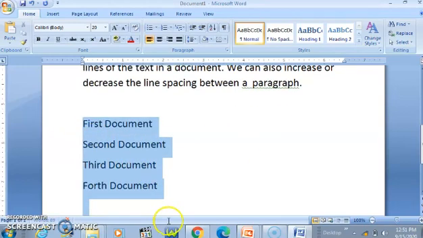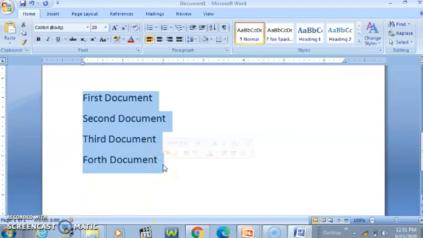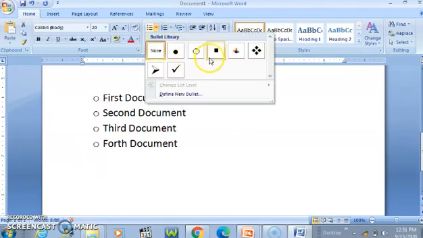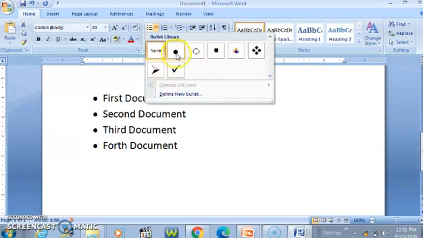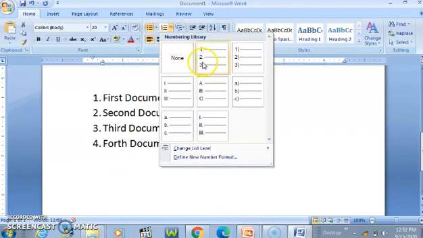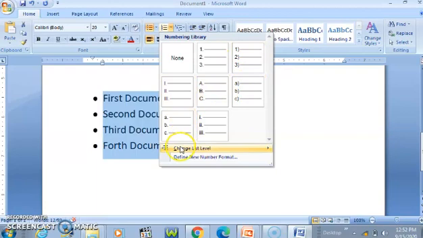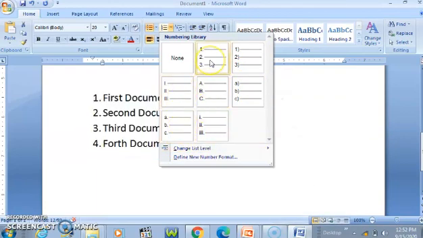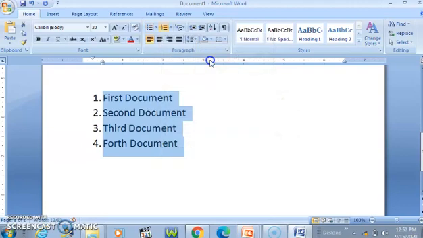Now select this complete list that you have prepared. You can add more items to it or you can even decrease the items from this. Now here click on the Home tab, then come in the paragraph group and here you can see that the bullets and the number list are available. If you want bullets, you can choose the appropriate bullet that will be suitable for your list, like this. Okay, click on the button and the bullets will get applied to it. If you want to make it as a number format, then there are different number formats. Whatever number formats suitable for your list in the document, that you can select. Suppose if you want 1, 2, 3, then you can click on it, right?